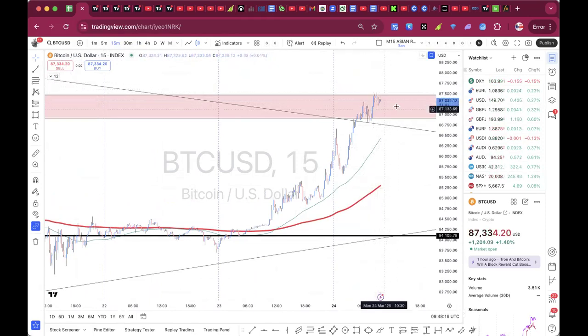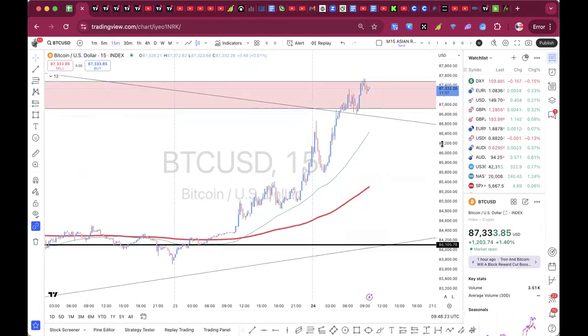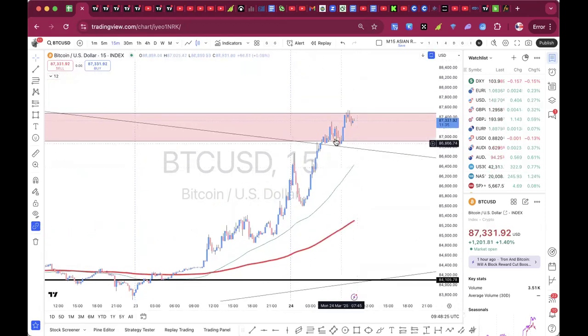Can we sustain this? Once this is not sustained, what you want to look at now is very simple. This is the low that made out this high, and then we have a high here. So you want to see this taken out. If this one is taken out, and of course gets stopped, then you want to be shorting the market